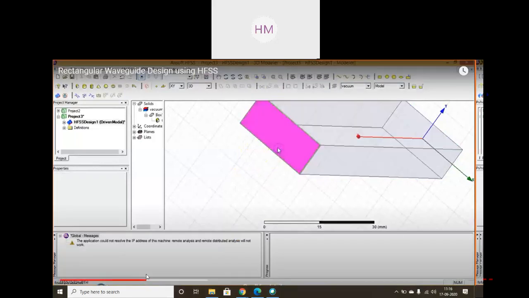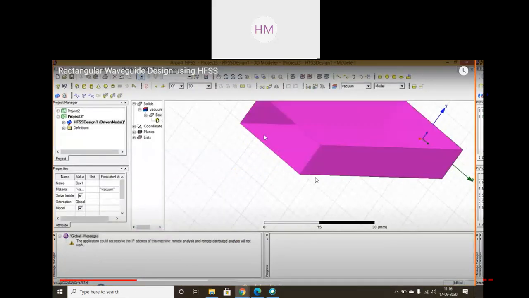See, these are the rotate options. You can rotate your device to visualize it properly.